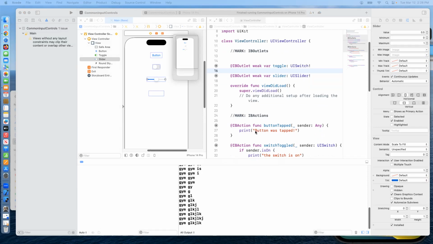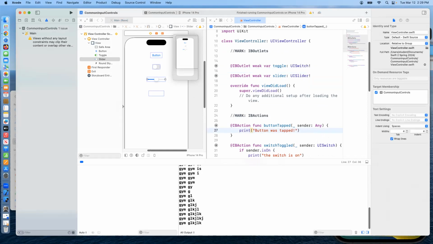All right. And right now we say button was tapped. But what if, when you tap the button, it will also check to see if the switch is on or off? So let's do that. So here inside this code, we can borrow